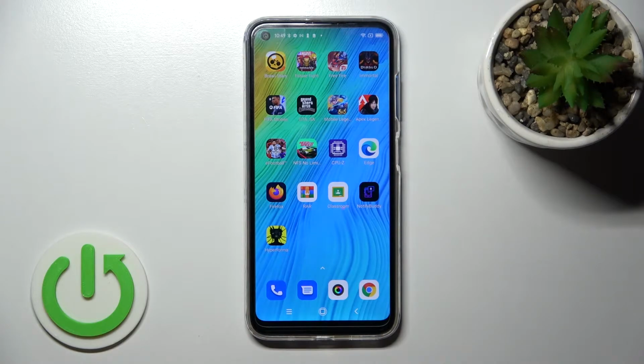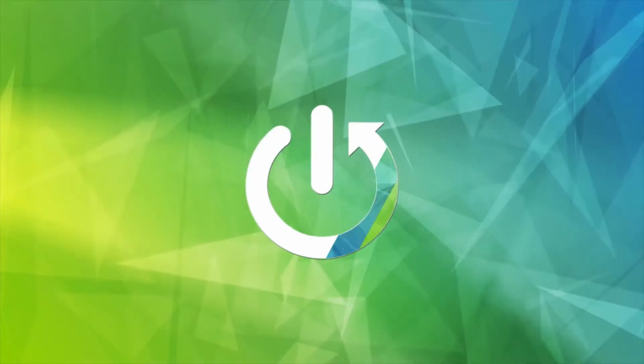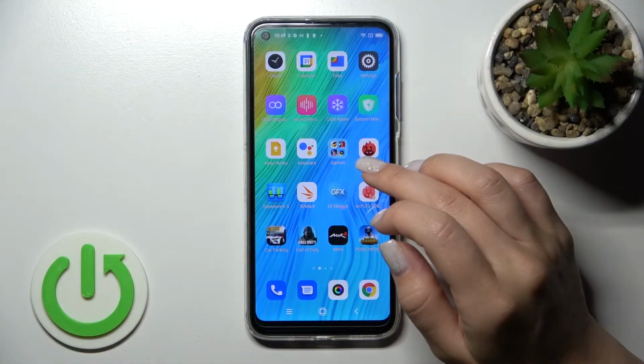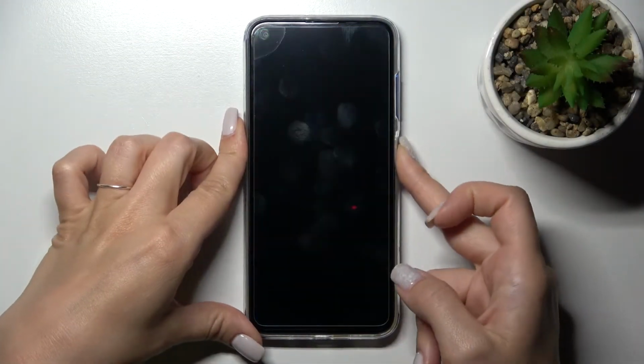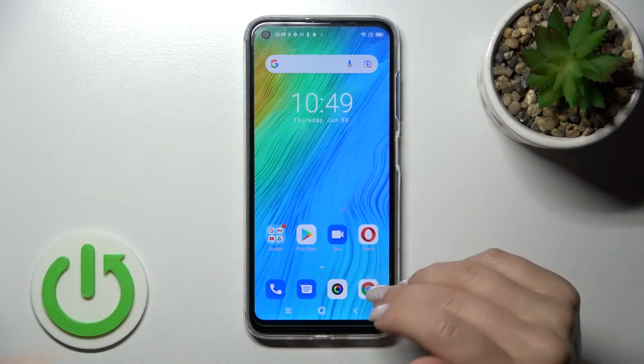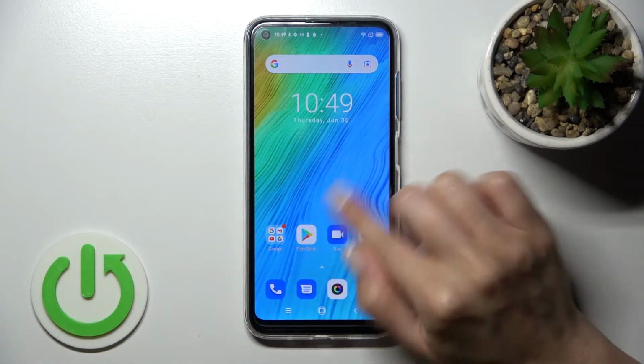Welcome to the Blackview A90 in front of me, and I'll show you how to change the lock screen wallpaper on this device. So let's first see the current wallpaper. We have the same wallpaper on the lock and home screen, and now to change it we should